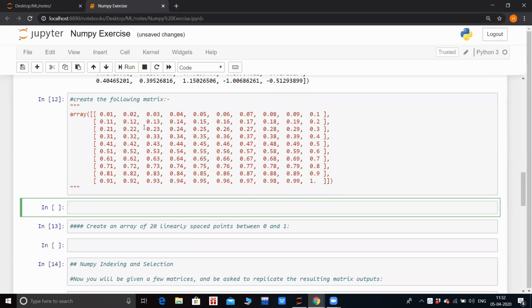Kudos to you if you get the answer in a single line. This is just to revise the full NumPy library that I have explained to you yesterday and today.